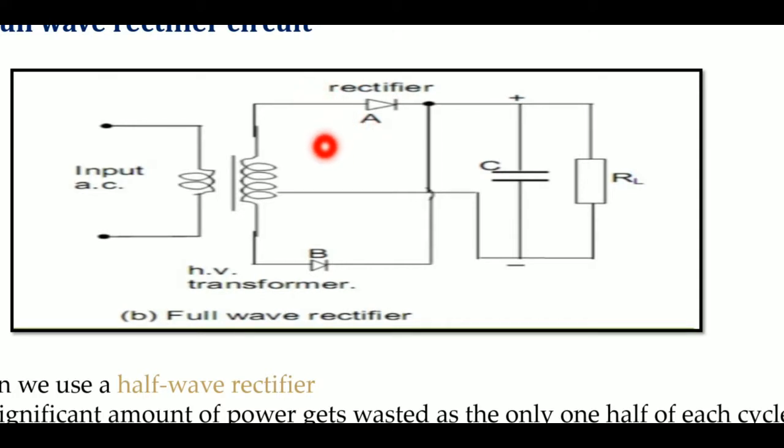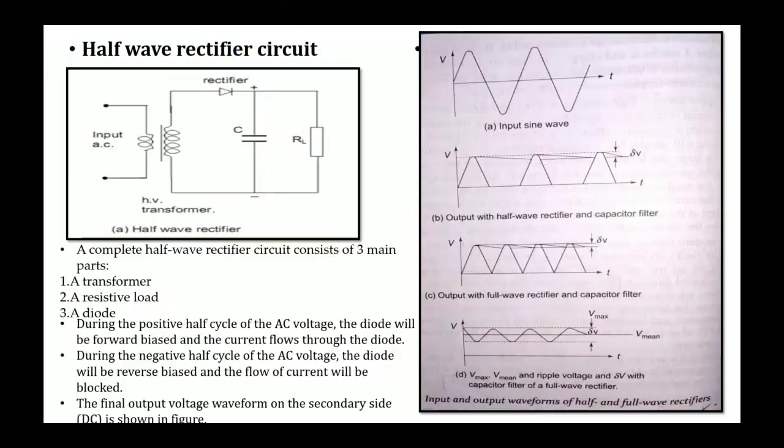So getting my point? Overall we can say that during the positive half cycle, diode A conducts and B will be reverse biased, and during the negative half cycle, diode B conducts and diode A will be reverse biased. Combined, both the half cycles are allowed to pass through, so both the positive as well as the negative half cycle will get at the output side of a DC. That is why we can observe it in this waveform.